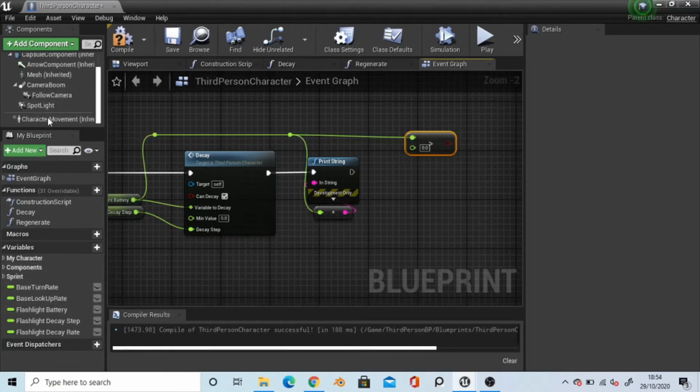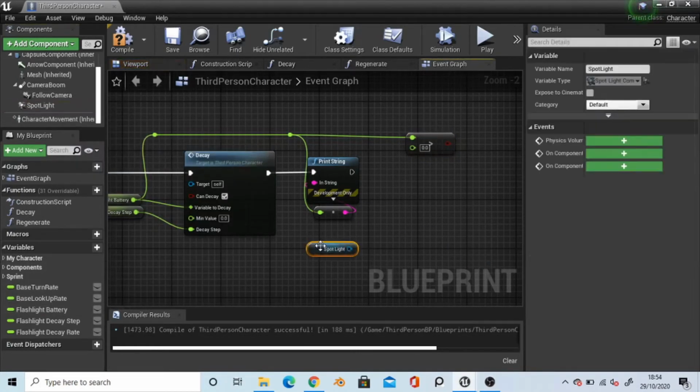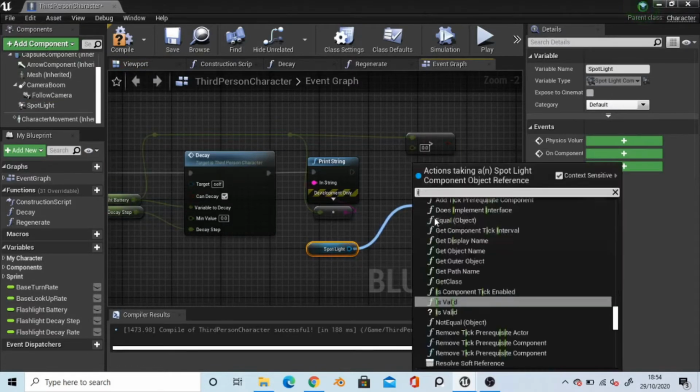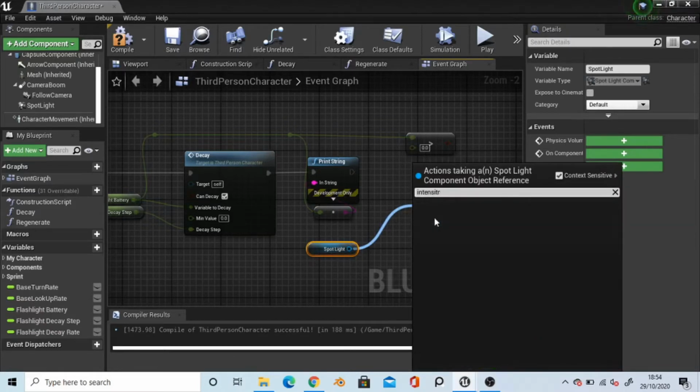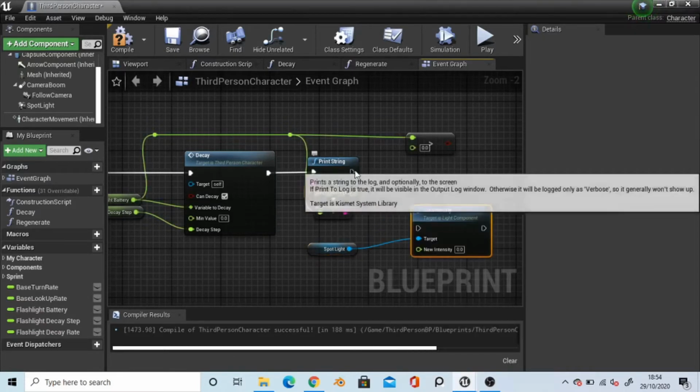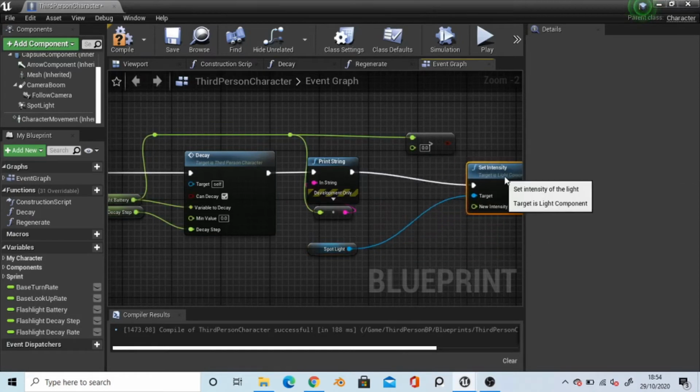And where's our spotlight? There it is. Grab a reference to that in the event graph, by literally just left clicking onto it and dragging it out. Type in intensity. Drag in the execution, and